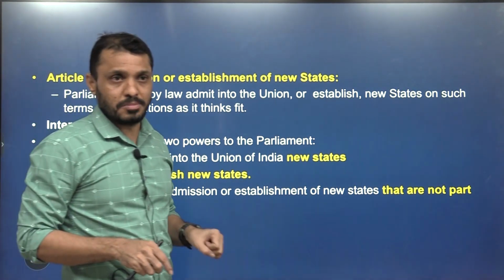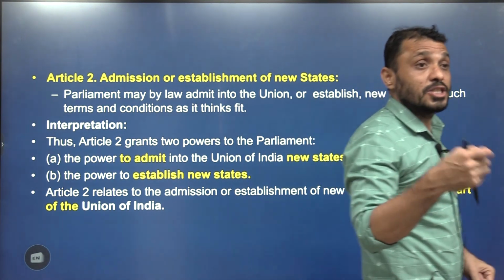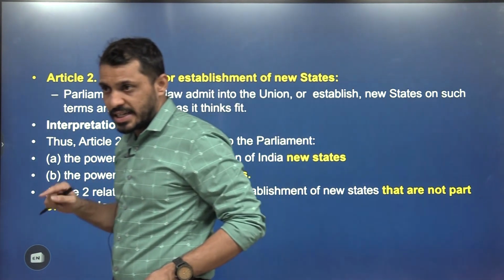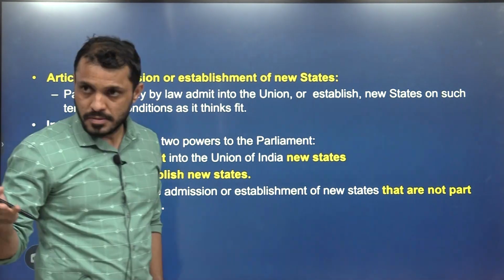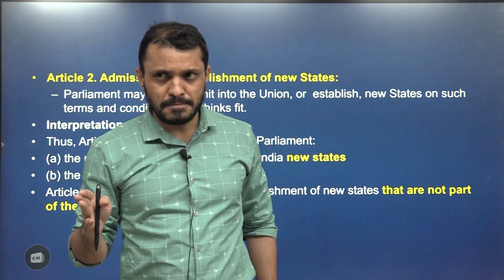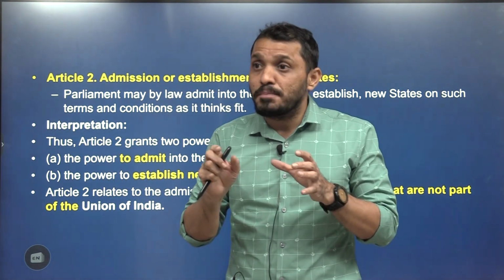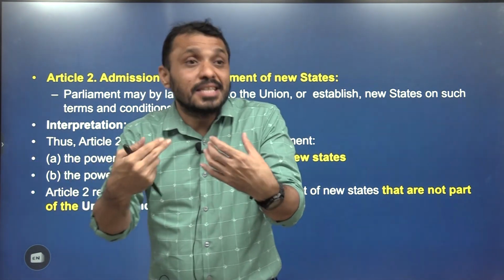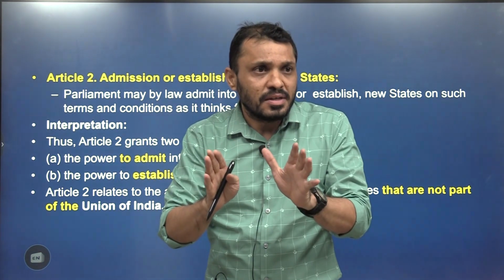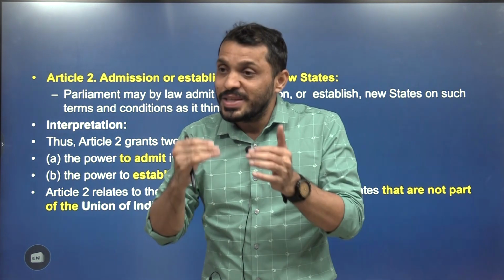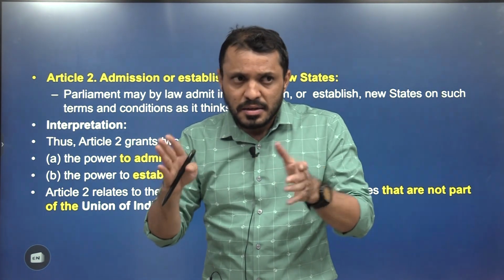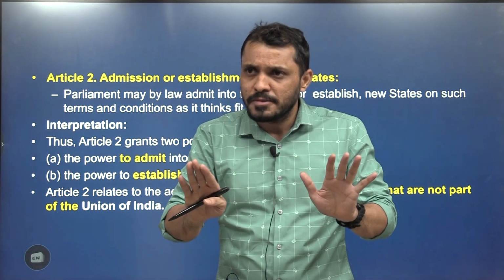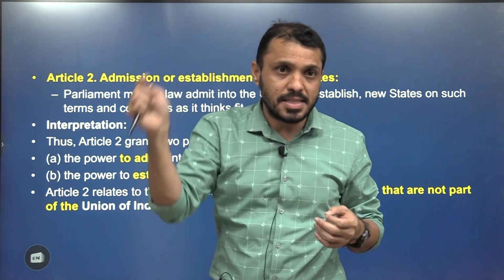For example, in the first judges case, 1981, do you remember the first judges case? 1981, what did Supreme Court tell? Concurrence of the, okay. So in the first judges case, Supreme Court clarified that when President is appointing the judges, consulting the CJI is enough, but concurrence is not required. That means whether the CJI accepts or not, President will appoint whoever he likes. That means CJI's role is nowhere. Consultation prevailed over the concurrence.